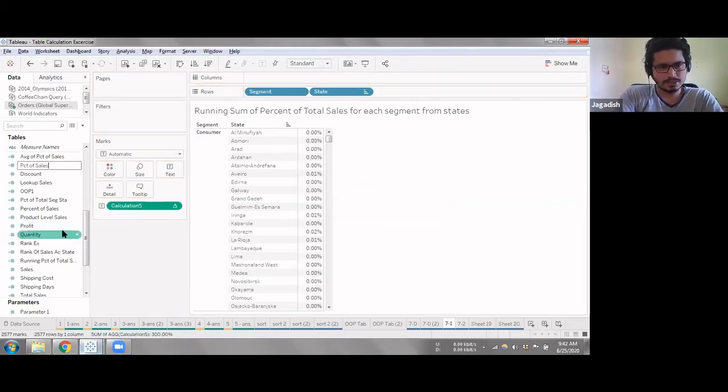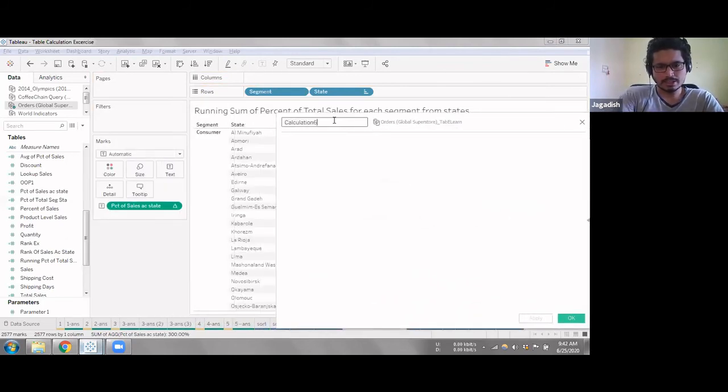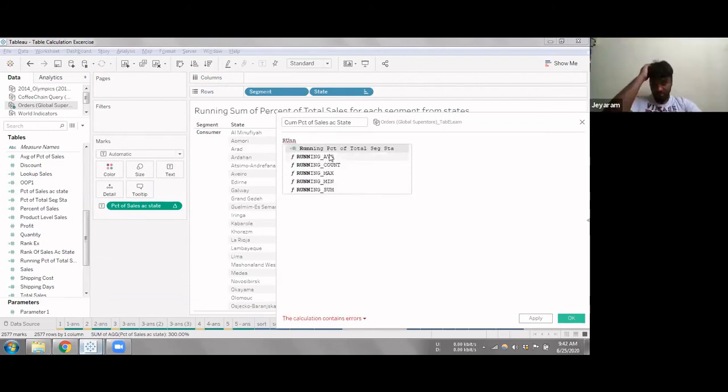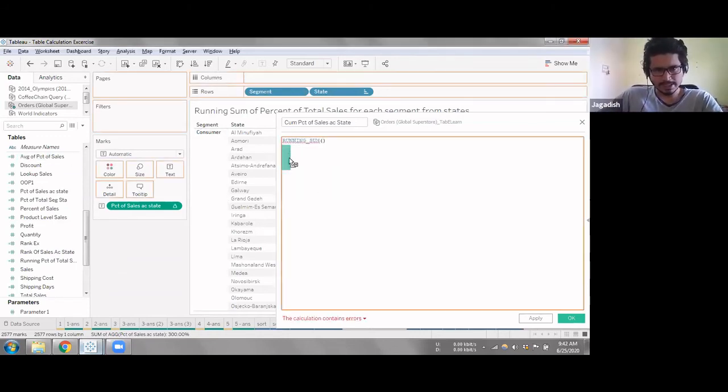PCT of sales across state. Okay, now I'll create a calculated field and call it cumulative PCT of sales across date. Now I can use that particular table calculation here, and I know there is a function called running total. Yeah, running sum. I'll take running sum, and I'll drag this field over here,